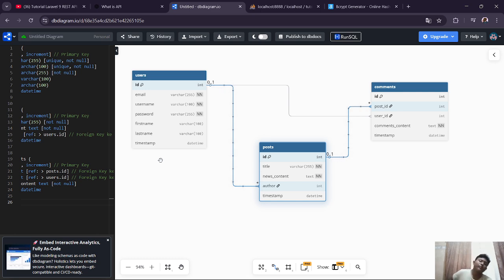Second, we have the posts table. After this, I will show you how to create migration tables in the Laravel project. In the posts table we have title, content, author, and timestamp, and the relationship between post and user